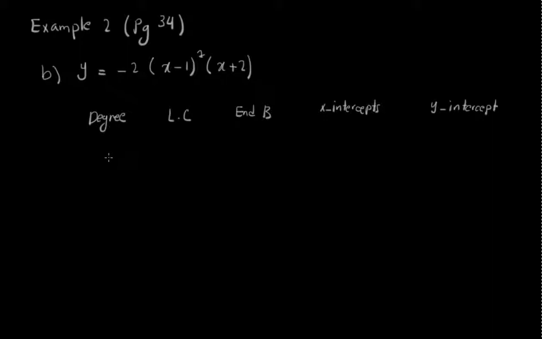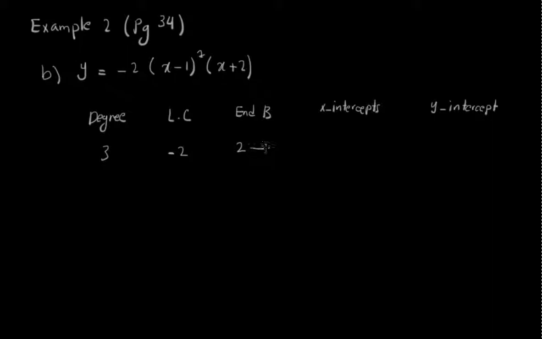The degree here is going to be 3 because we have x to the power of 2 here and another x here. The leading coefficient is this number here, -2, which is a negative number. Now having an odd degree with a negative leading coefficient would result in an end behavior from quadrant 2